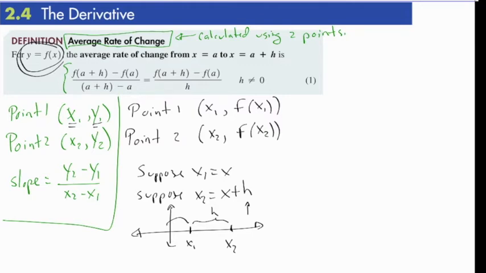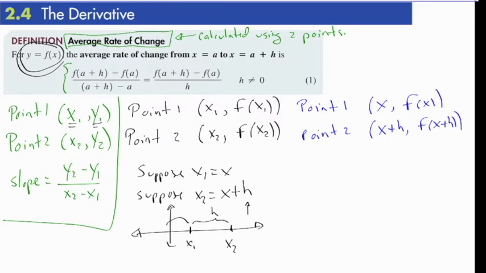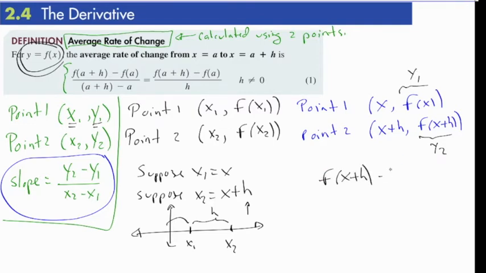Well, then that redefines our points again. Point 1 becomes x, because we said replace x1 with x, and f of x. And point 2 becomes x plus h and f of x plus h. Remember how we did the slope formula before? We took y2, so right now this is our y2, and subtracted y1, so that would give us f of x plus h, subtract f of x,